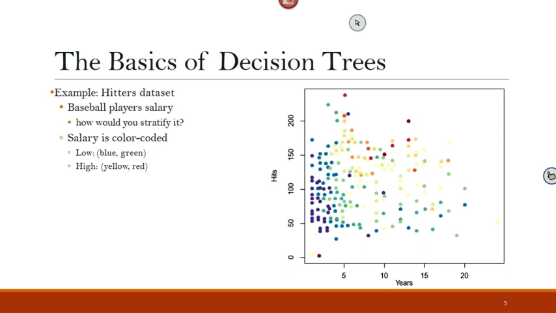Like, we made the split in here, in this area, but then maybe I can make another split to isolate the blue from the yellow and go further and make more splits. And again, we'll rotate between years and hits, right? Because you only have 2 predictors. So in each region, you can further make more splits and more splits up to the point where each observation will fall into its own region.